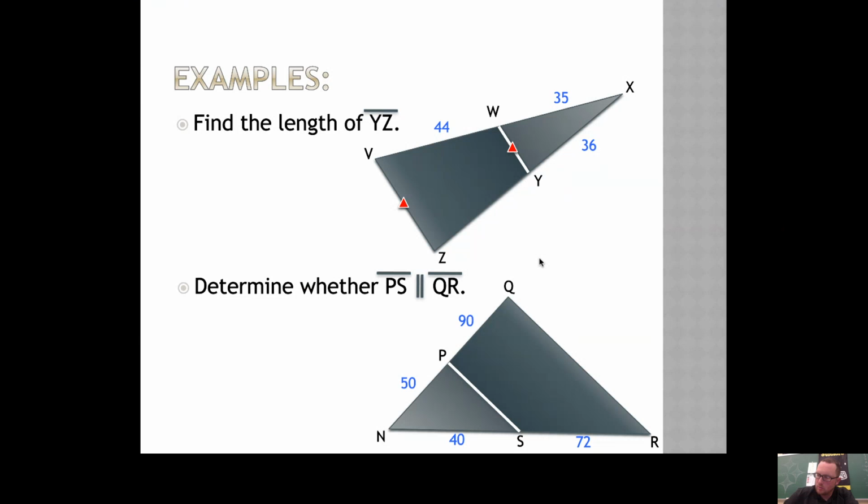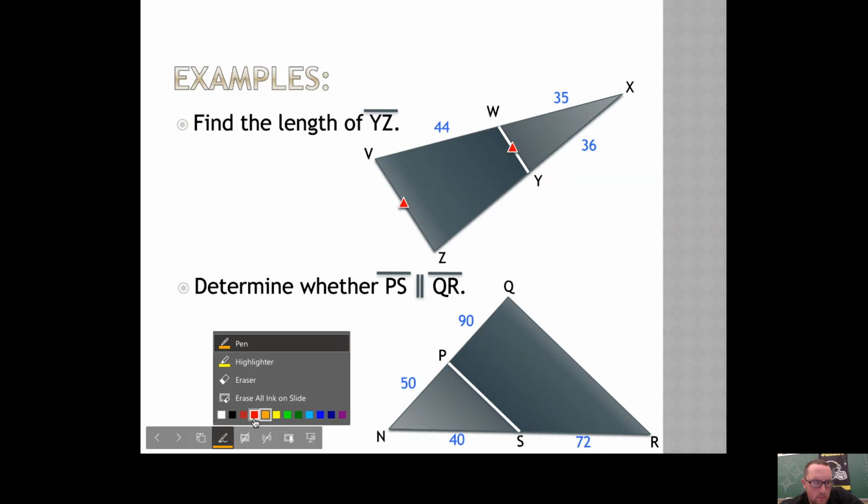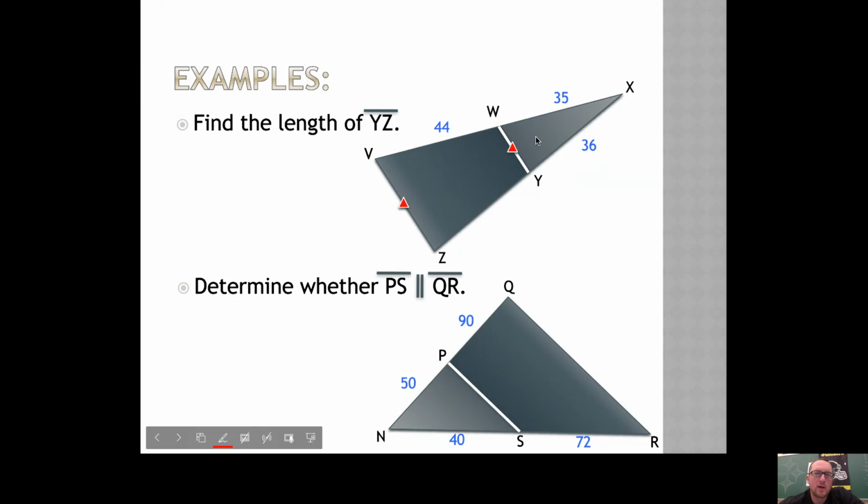This is part 2 of our lesson on section 6.5. Last time we looked at two theorems, the triangle proportionality theorem and its converse. These two examples go over those theorems. So we have a triangle inside of another triangle, and notice how this side of the small triangle is parallel